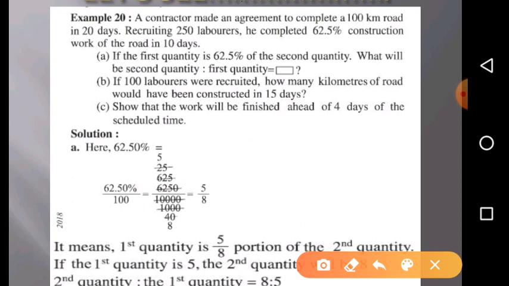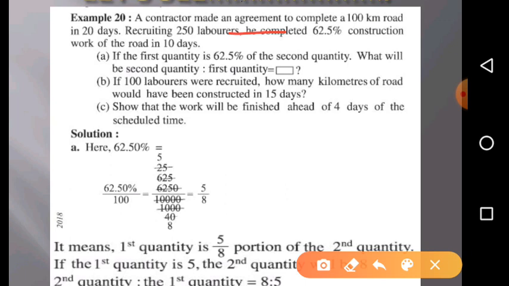একজন কন্ট্রাক্টর একটা চুক্তি করলো 100 কিলোমিটার রাস্তা তৈরি করে দেবে 20 দিনে। সে 250 জন লেবার নিয়োগ করে 62.5% কনস্ট্রাকশন শেষ করলো 10 দিনে। Question number A: the first quantity is 62.5% of the second quantity. প্রথমটা হচ্ছে, দ্বিতীয়টা 62.5%. What will be the second quantity to first quantity? সেটা আমাদের বের করতে হবে। So here you can see